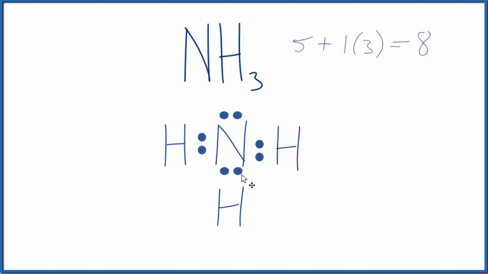So really the only way we can draw the ammonia molecule, NH3, is with this Lewis structure right here. So when we talk about resonance structures for NH3, there aren't any. This is the only Lewis structure that you can draw for NH3 that satisfies the octet rule,